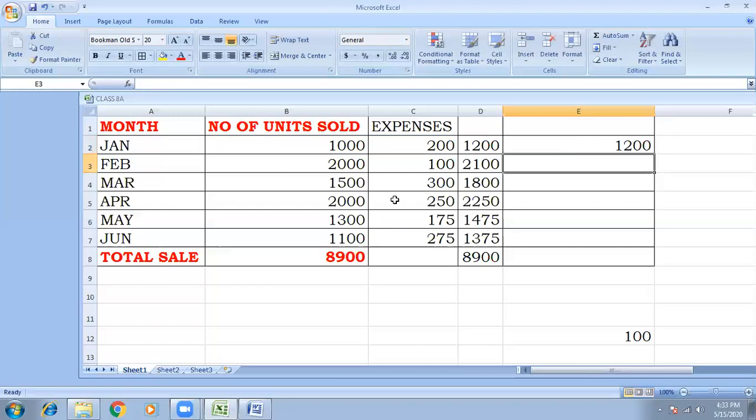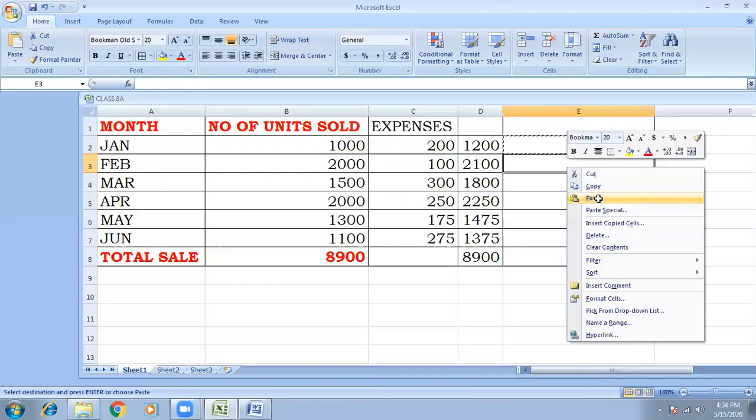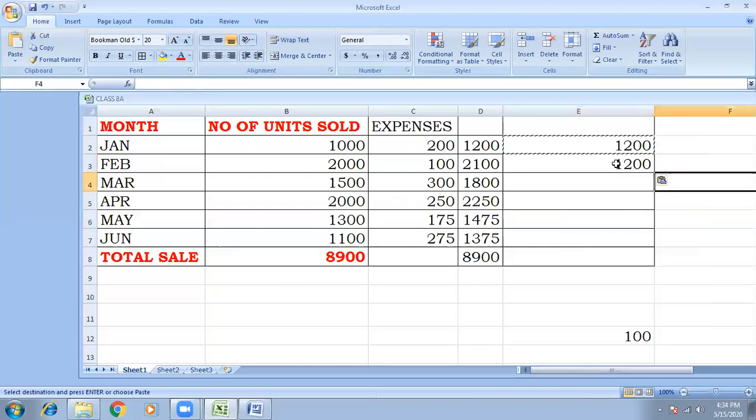Then you press enter and the answer becomes 1200. If you copy this formula to another location, look here, copy and paste it, you will see the same calculation value displayed, because an absolute reference will not change according to the cell. Whereas a relative reference will change according to the cell. Here, with absolute reference, whenever you copy to a new location, you will get the same answer every time.